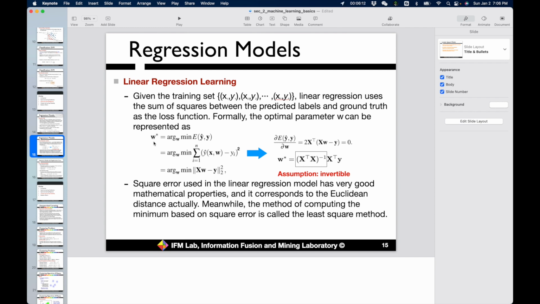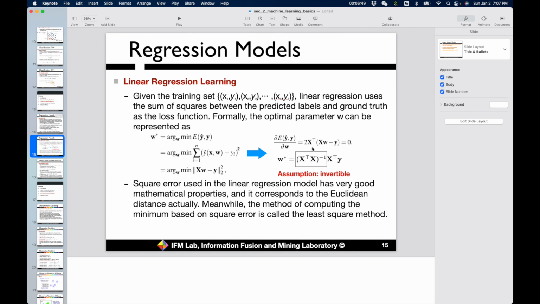So you may wonder, how can we solve this optimization problem? Later on, we will have one section on the optimization specifically for you. And here for this setting, we have a very special solution because we can get a closed form solution for this problem. To minimize this term, we can calculate the partial derivative of this term regarding this W, right? We can calculate the partial derivative of this loss function versus W.